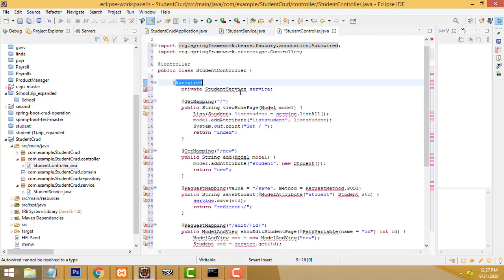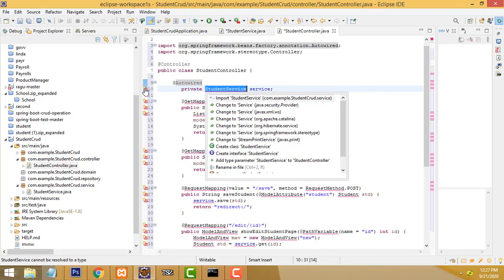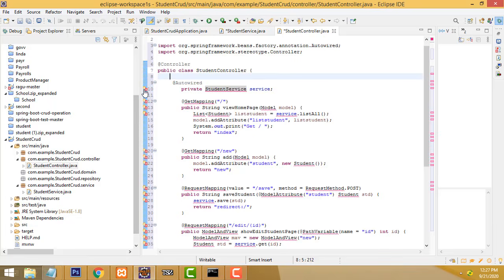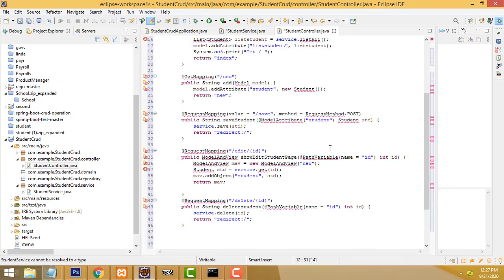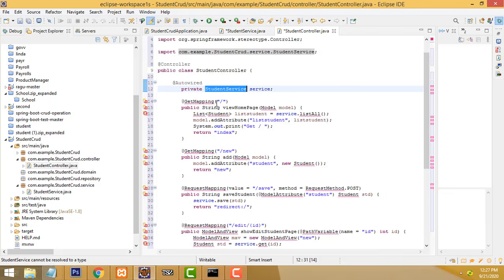Right, the service part. We already have the service part, we have to add it. Okay, here import the service part. Student service is there. Here the service. Okay, click on this one. We have to add it here. Right, those are the things we have to do. It is added. Okay, this one keeps there. After that, we have to design all the stuff step by step.